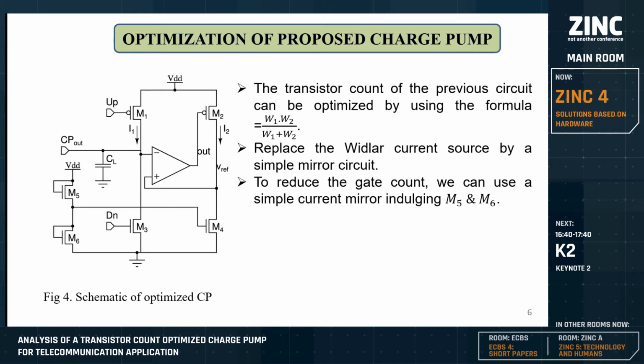The op-amp output drives M2, which ensures I1, the branch current of this node, and I2, the branch current of this node. The op-amp output also controls the reference voltage, Vref. During the charging phase, M1 is active high and M3 is active low. So the positive output of the op-amp is in the high state, making the reference voltage gradually high. At the same time, the negative output of the op-amp decreases to zero. This phenomenon makes the charge pump have almost the full swing.